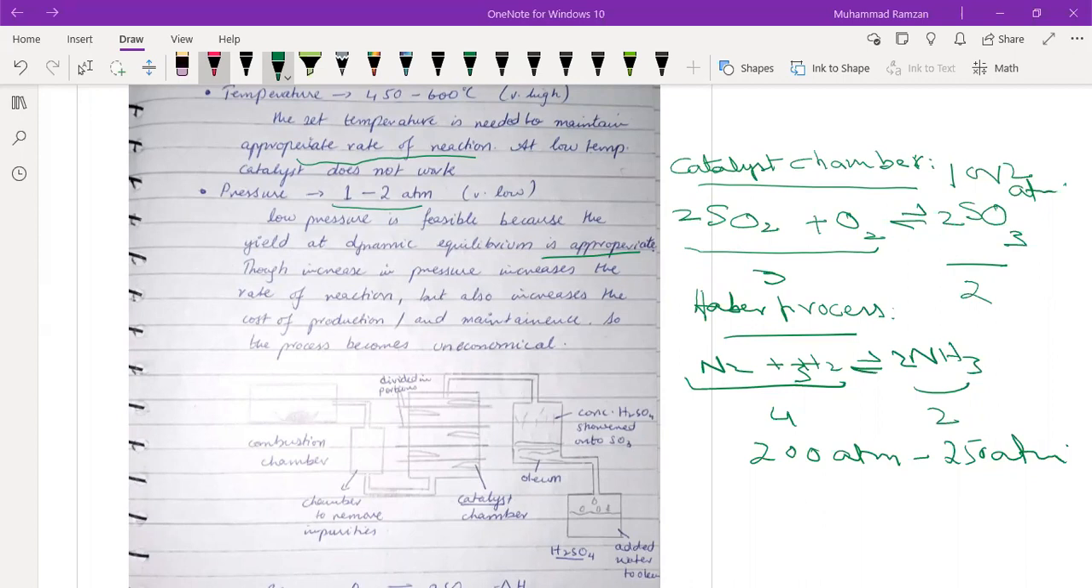In the last lesson, we were discussing the comparison in the chemical equations. In the Haber process, the pressure is very high, but in the contact process, the pressure is low. And we were reading this, again I read, low pressure is feasible